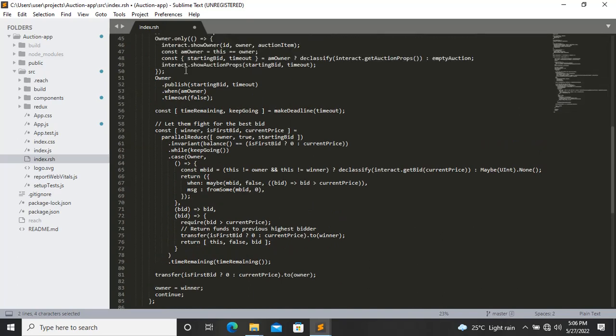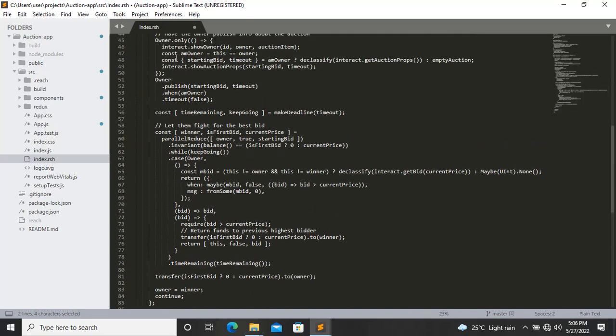So we deconstructed the result to bring out two separate variables, starting bid and timeout. Then in the next line we interact with the front end and send to the front end the starting bid and the timeout of our auction. So in the next line we publish the starting bid and the timeout to the blockchain, and we run more consensus steps, like checking